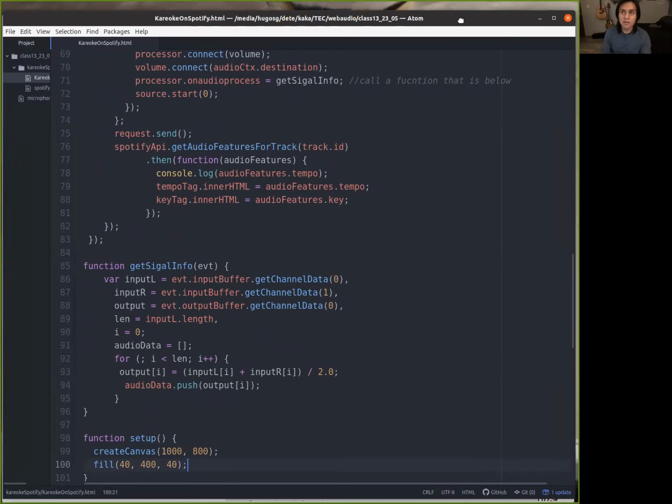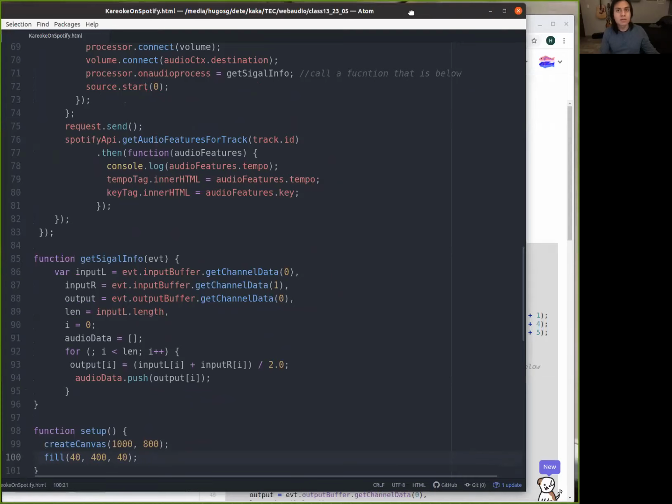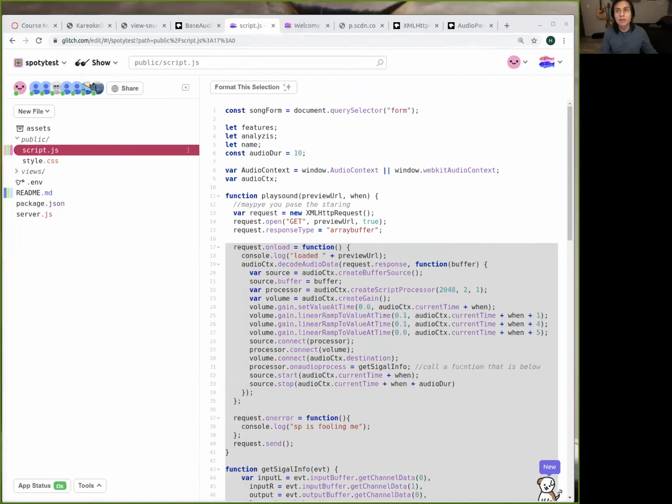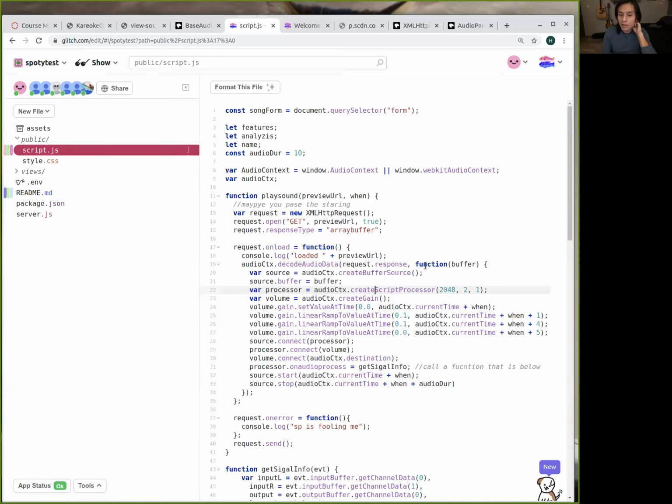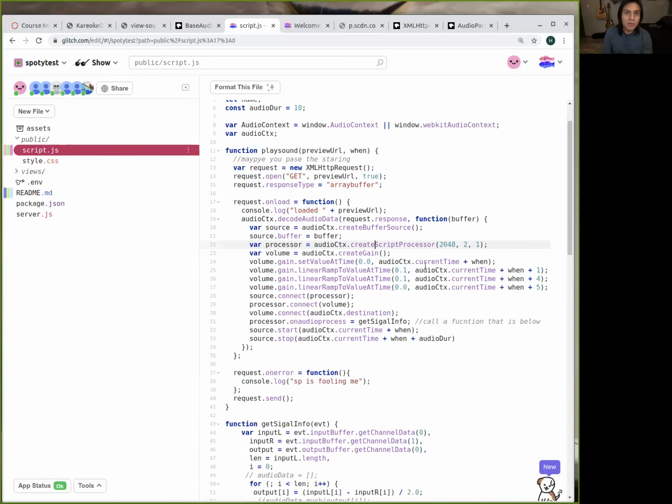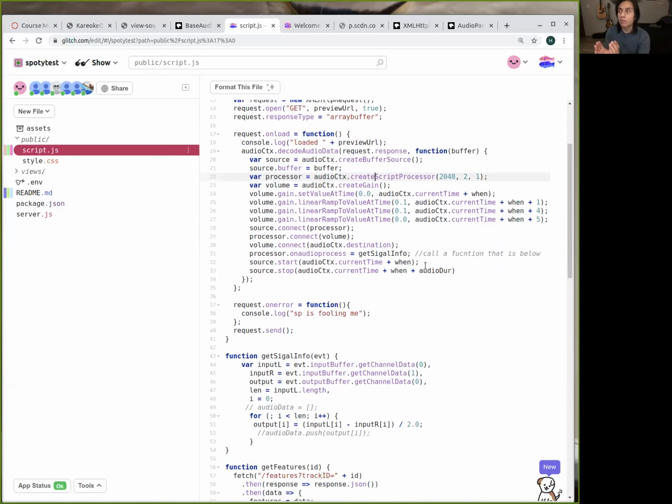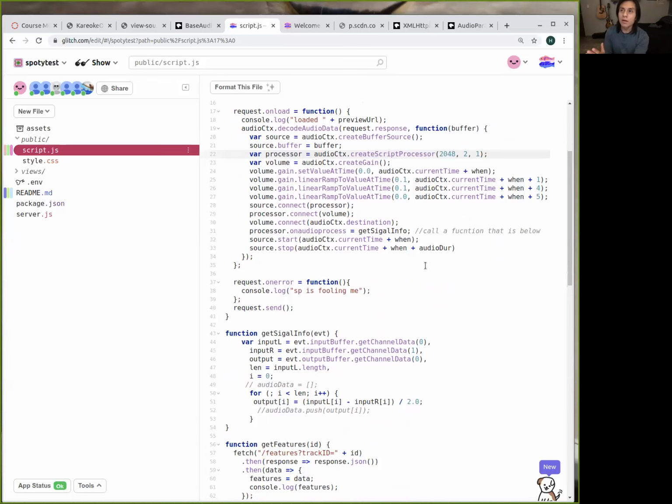Yes, it's true what you are saying, that it will be a little bit scary to watch a huge code at the beginning of the class. But what if you have that code prepared, just for you, as a guide? Because sometimes